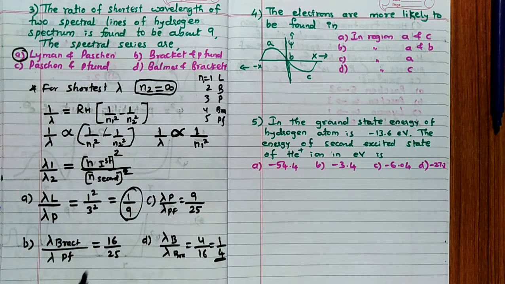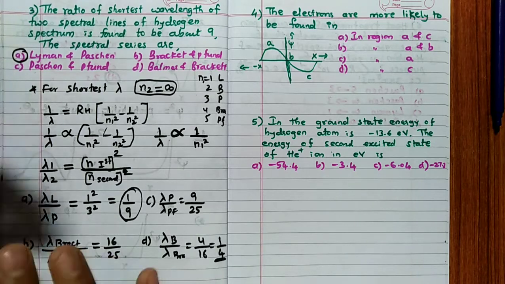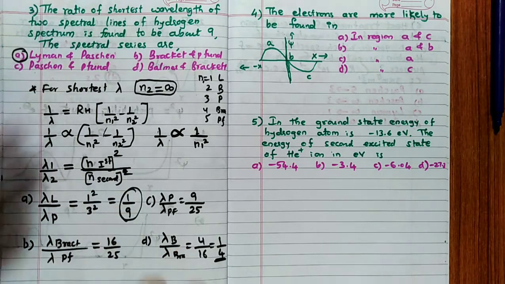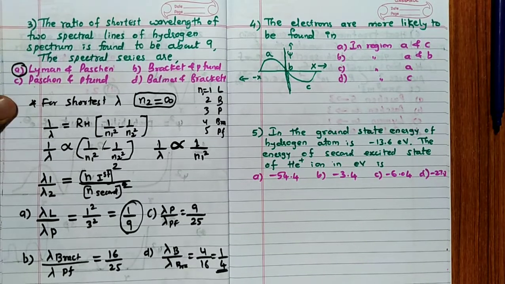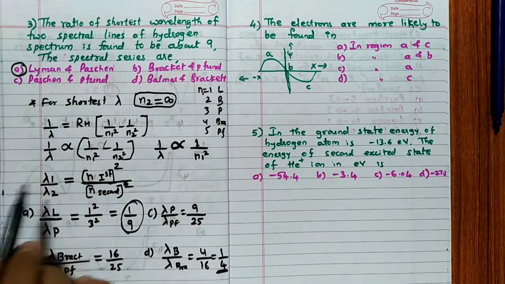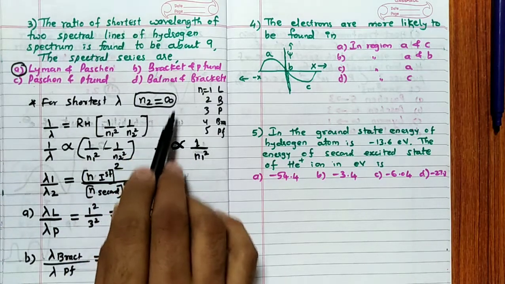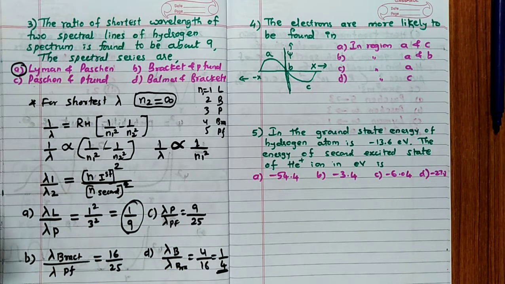See, whenever the thing is given like this, you have to think in that way. I am not telling you that this same question is going to repeat in the next exam, but the way of thinking is very important. When it is given, you think RH is constant, making that proportional. N2 is infinity means removing this 1 by n2 square. All these are the steps we have to learn, so many things. Remember, hence I have taken these 10 questions.